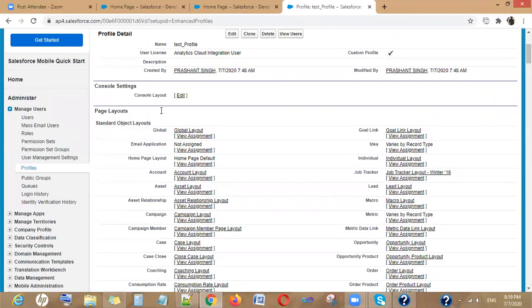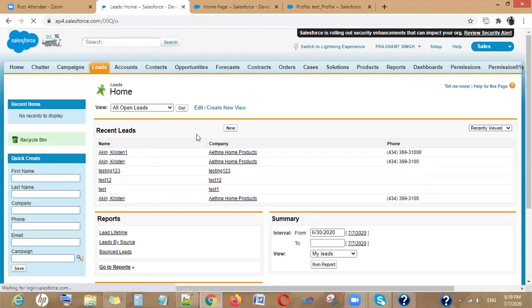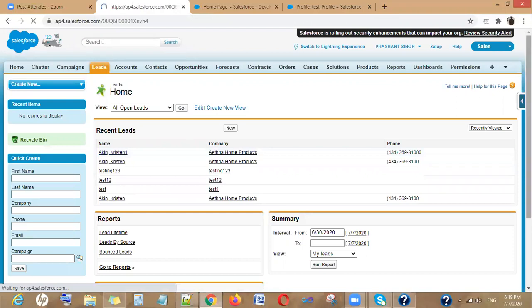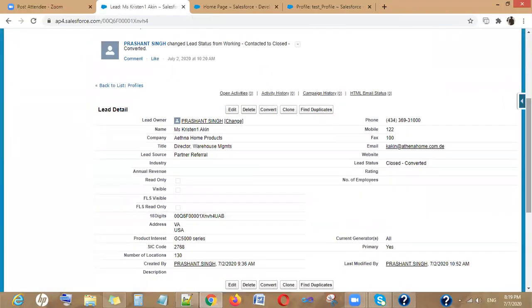Just to give you an introduction to what the page layout is: this is a different topic and I will be creating a video on the page layout separately. The fields you are seeing here are the page layout.